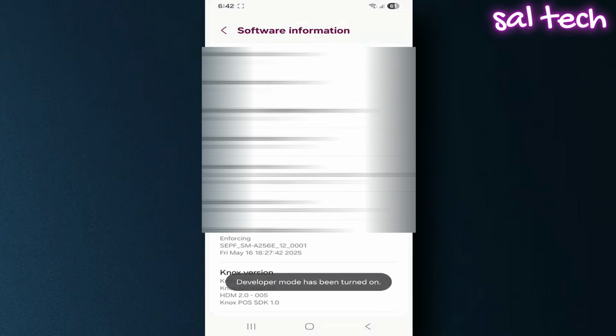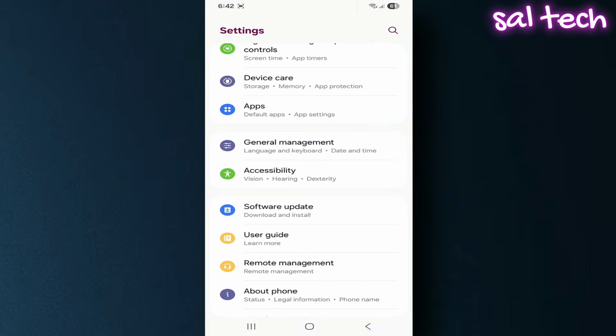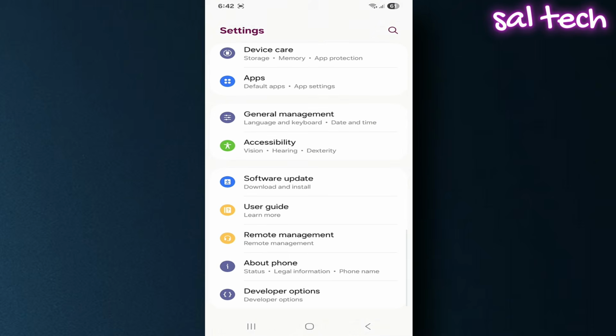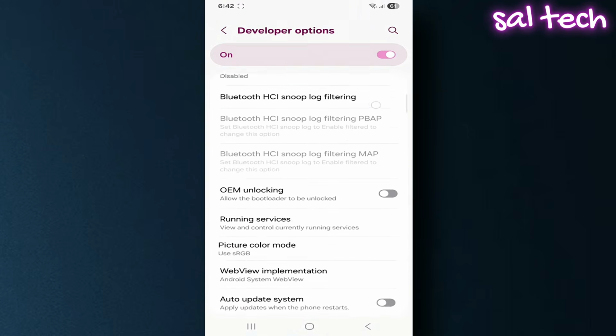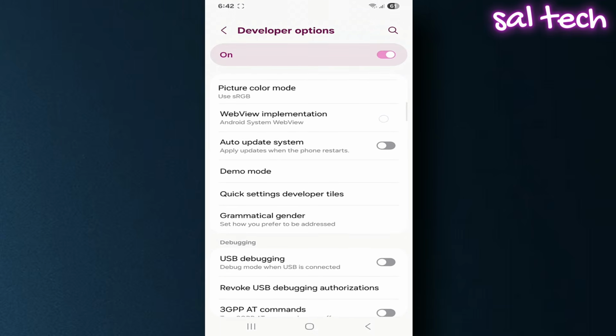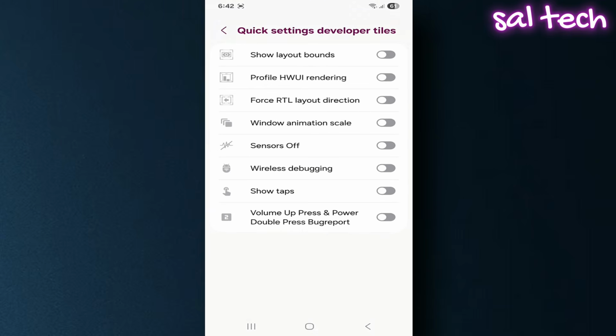Then go back to the main settings menu, and you'll find a new option called Developer Options. Go into Developer Options. Look for the option called Quick Settings, Developer Tiles. You'll find an option called Profile HWUI Rendering. Activate it. Then, when you want to use this feature,